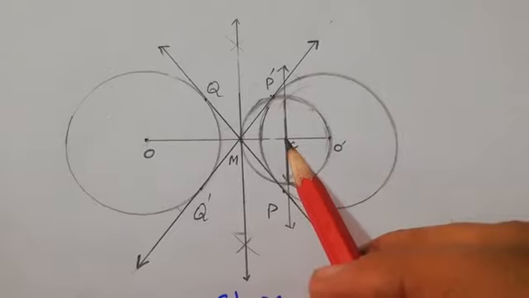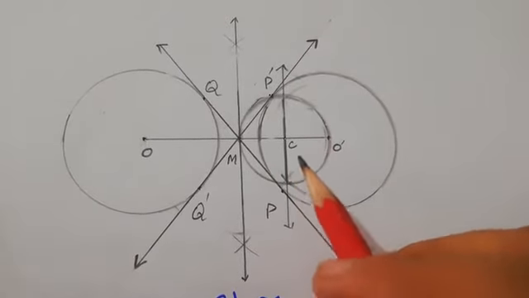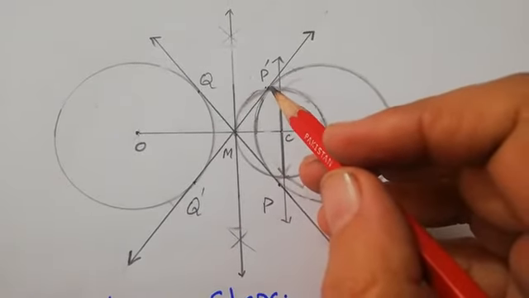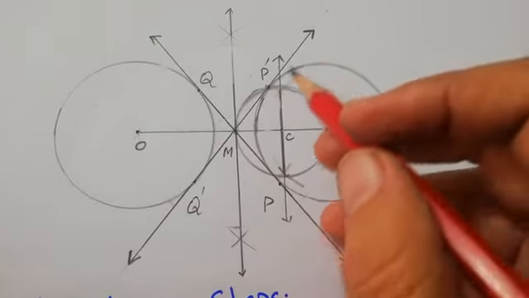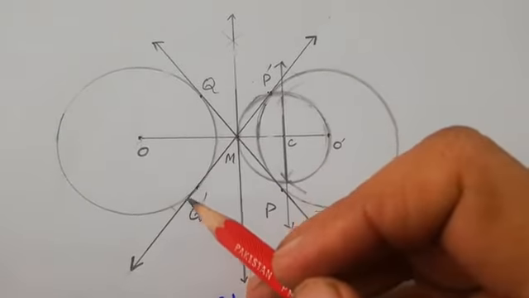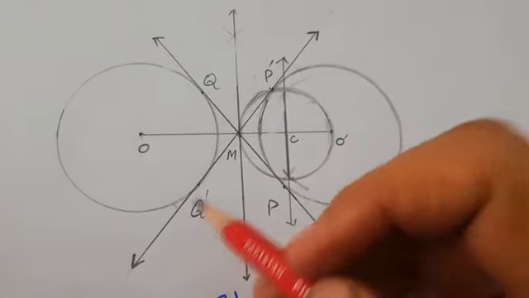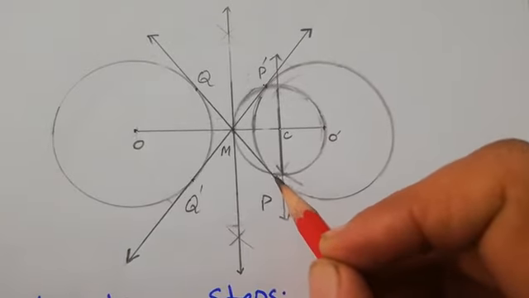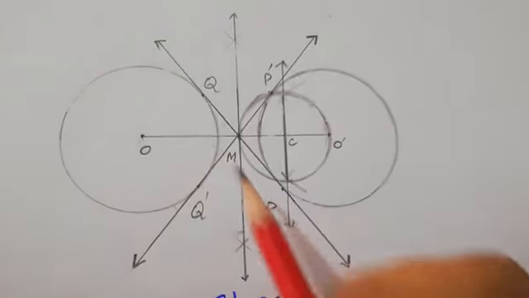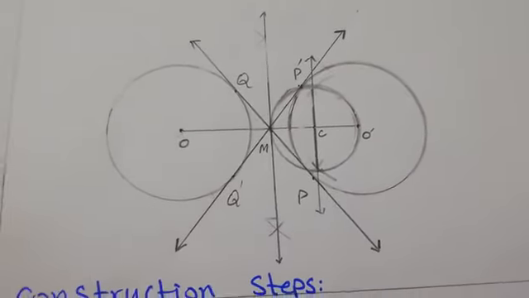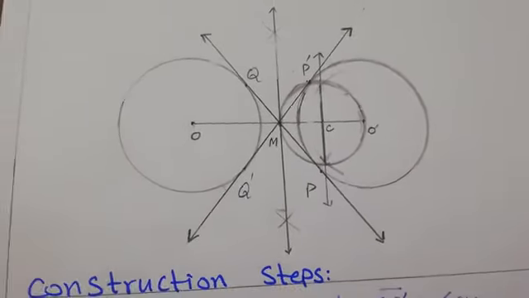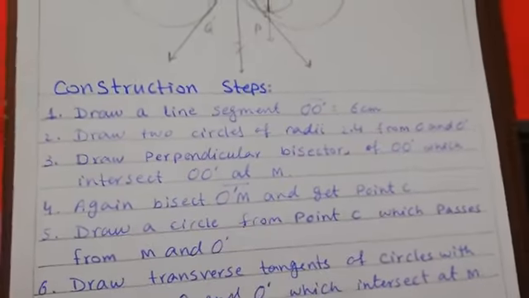Okay, from point C we will draw the circle, and now you will take the point where this small circle intersects the bigger circle. From this point we will draw the tangent. We will draw a line like this which intersects both circles externally at points P and P prime, Q prime, and here again where both circles intersect with each other, from that point we will draw another tangent which is PQ. You can see that PQ and P prime Q prime both intersect the original circles externally, remember.